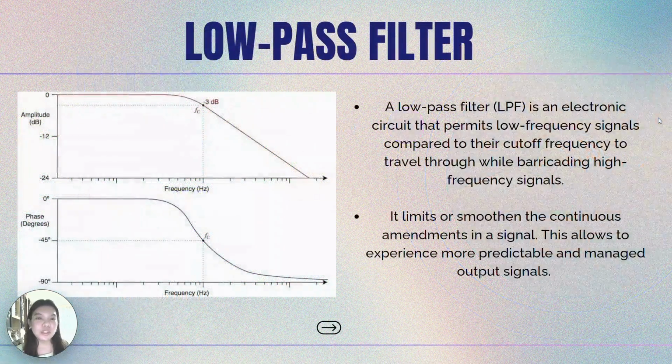So for the first type of filter, we have the low pass filter. A low pass filter is an electronic circuit that permits low frequency signals compared to their cutoff frequency to travel through while barricading high frequency signals. It limits or smoothens the continuous amendments in a signal, and this allows more predictable and managed output